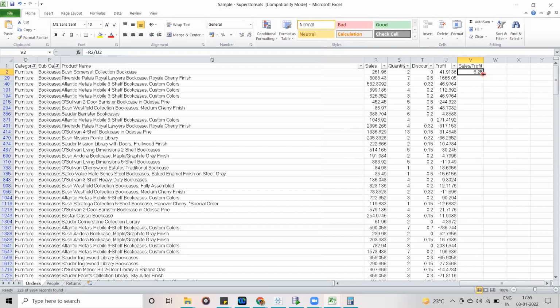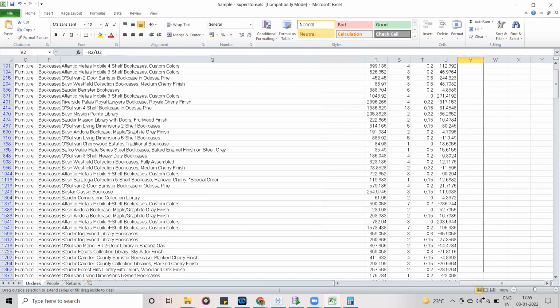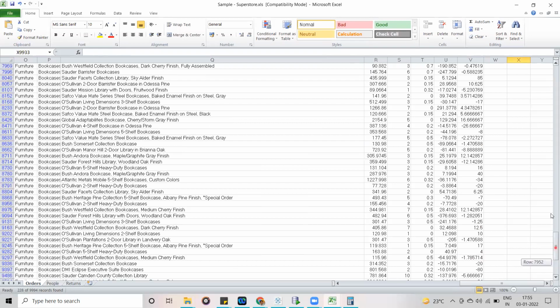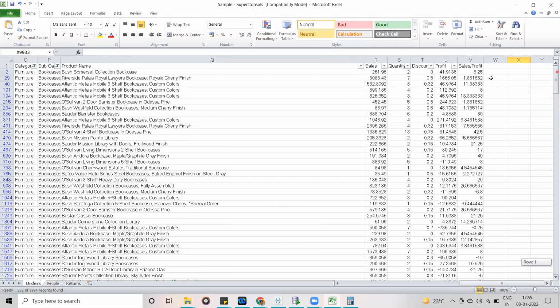Now, guys, I am applying this to all these 221 rows. Now you can see I got all the data. This one is this one divided by this one, and now you get this one. Now I want to do the sum of sales versus sales divided by profit.